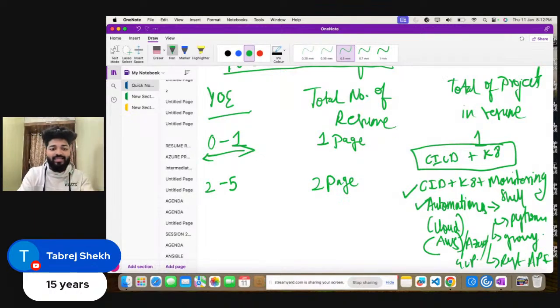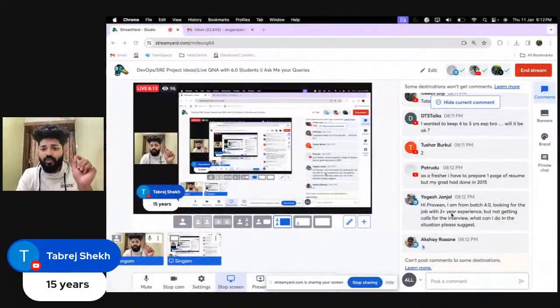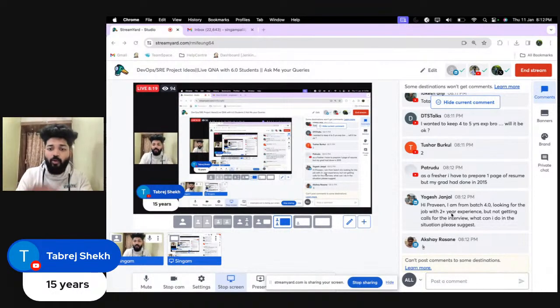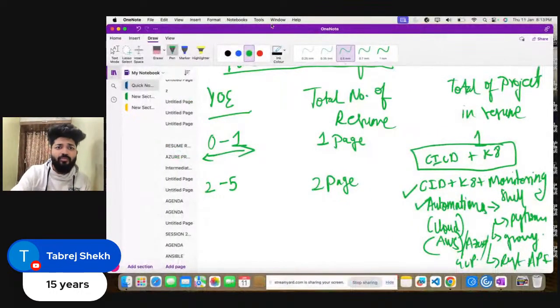Am I making sense, guys? Any questions here? What are the projects you need to keep? What are the projects you need to keep when you are coming from a fresher background, from an experienced background? I hope you are able to understand, right? This particular table which I'm showing right now is very much important, because as you go ahead, you will be able to understand what is the importance of these things. Are you all understanding what we are talking, guys?